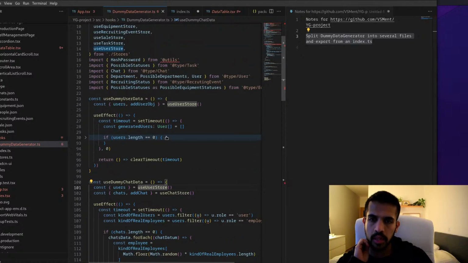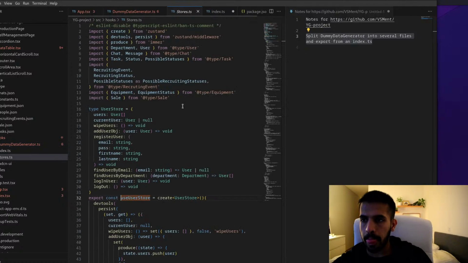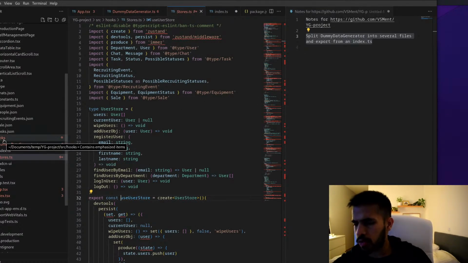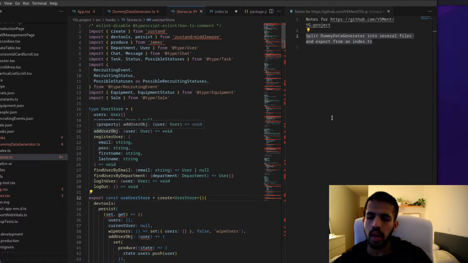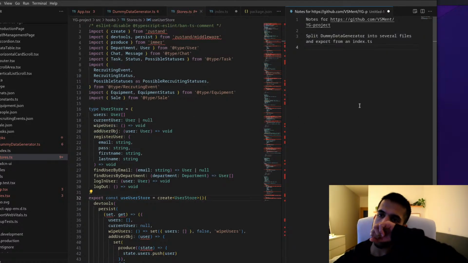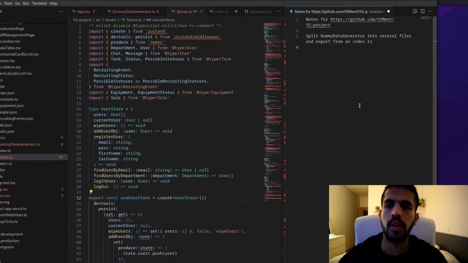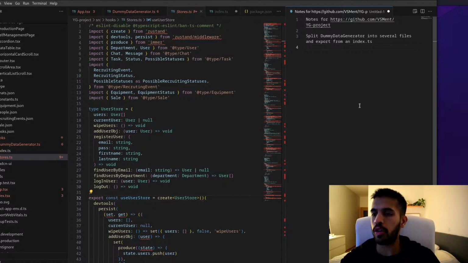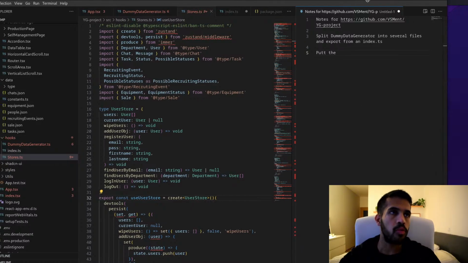So let me look at these use chat store, use user store. So these, I guess, are Zustand stores, which are here, which are also in the hooks folder for some reason. Historically, all of the state management stuff tends to be better if you put it in a different folder at least. Oh right, what am I doing?